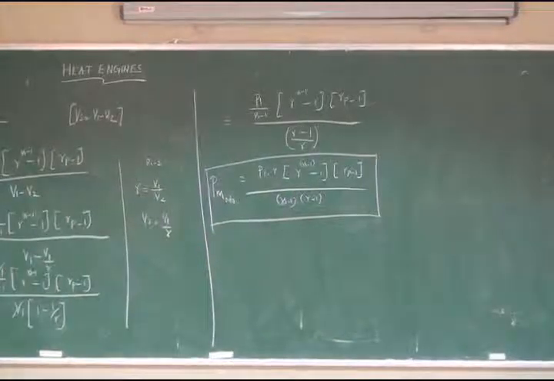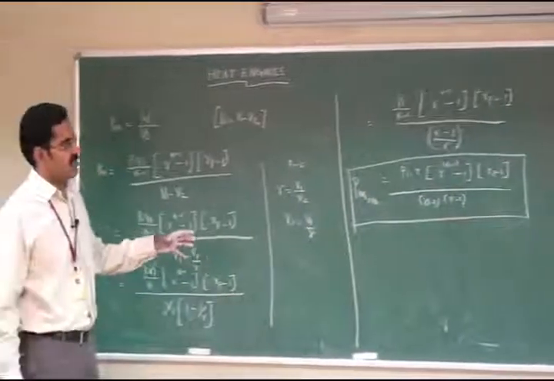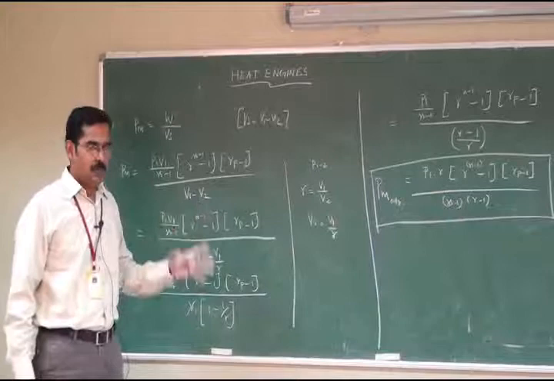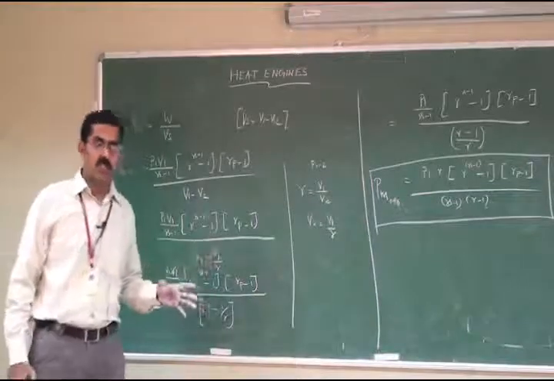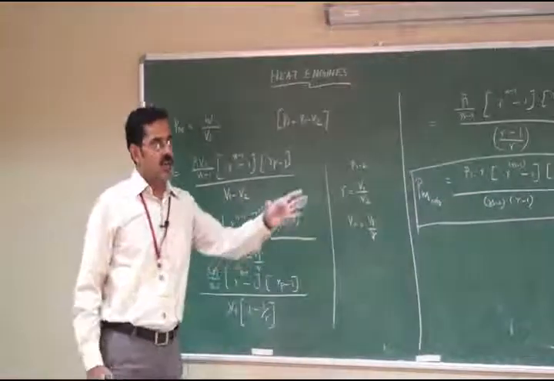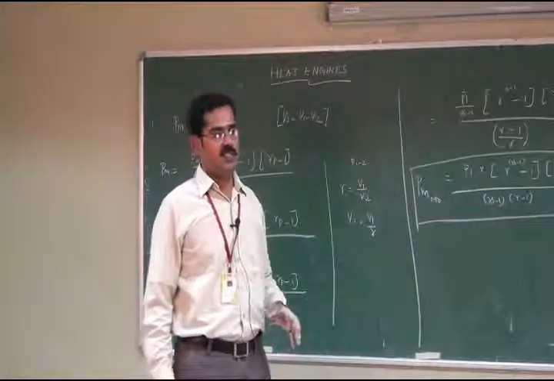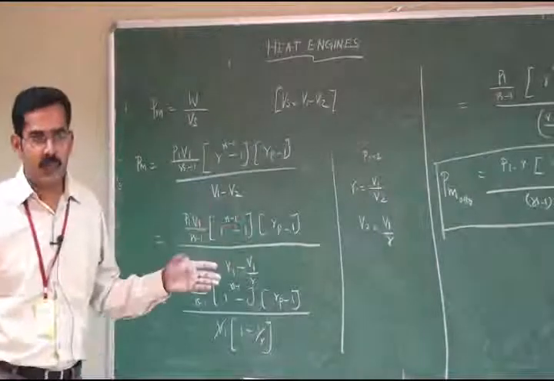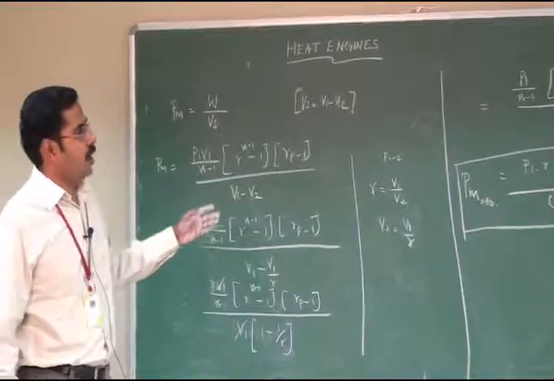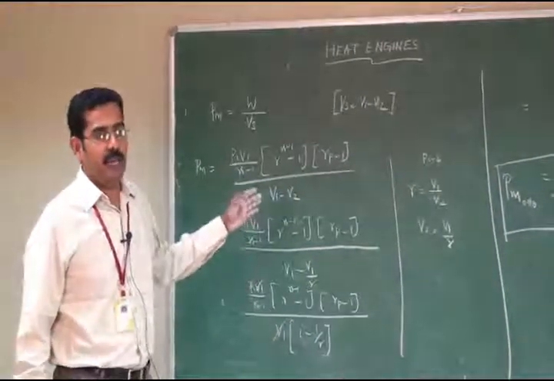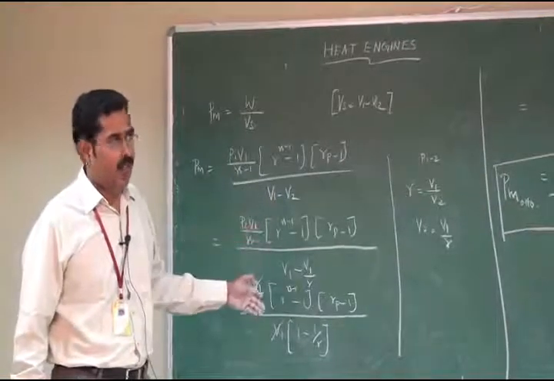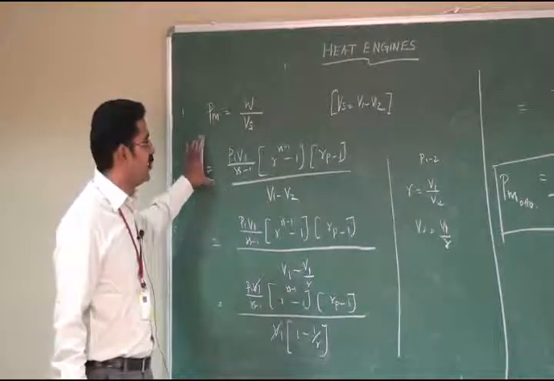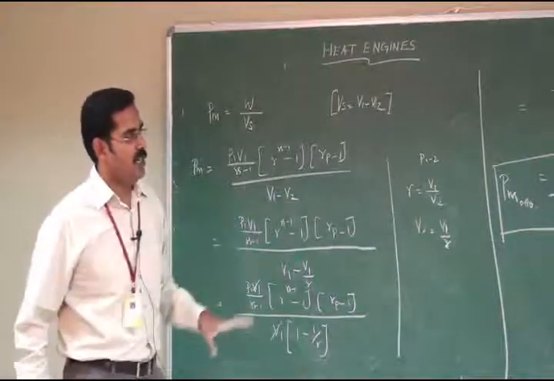Now, as a conclusion, here is what we have seen: first, what is a heat engine, then what is an internal combustion engine and an external combustion engine, then types of IC engines, then the main parts of a 4-stroke IC engine. We also saw the working principle of the Otto cycle, the derivation of its thermal efficiency, the work done by the Otto cycle, and then what mean effective pressure is, and we derived it.